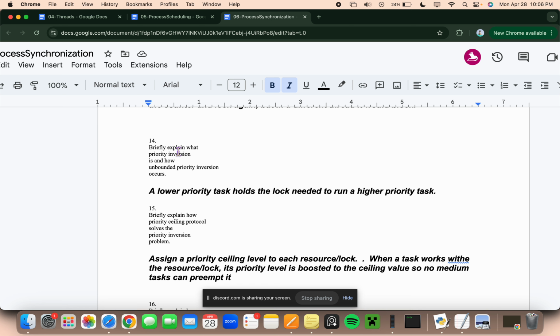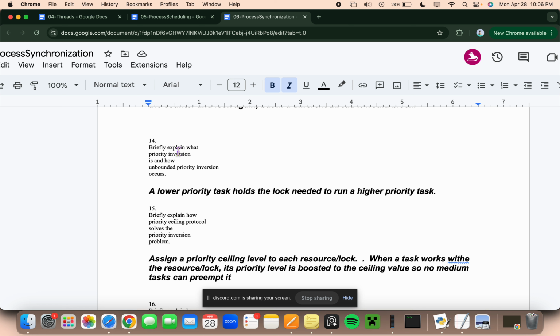So the gist of this is that when you have priority inversion in general, a lower priority task holds the lock needed to run a higher priority task. So this can create some problems, because if this lower priority task runs and it interrupts that higher priority task and it has the lock,